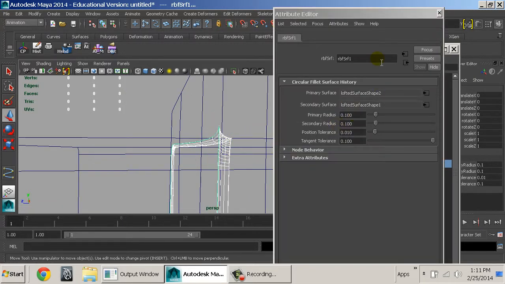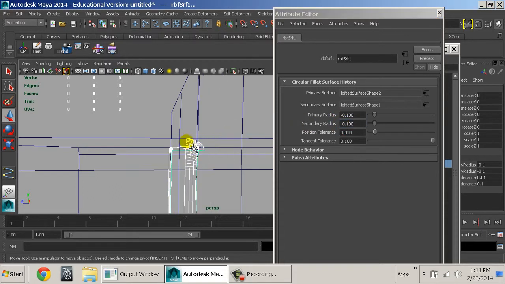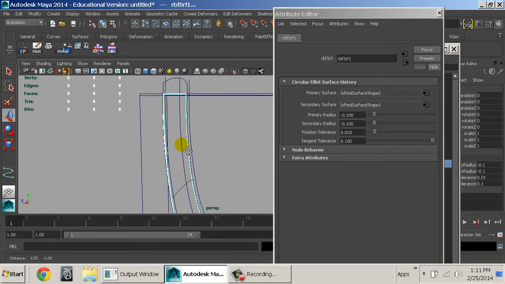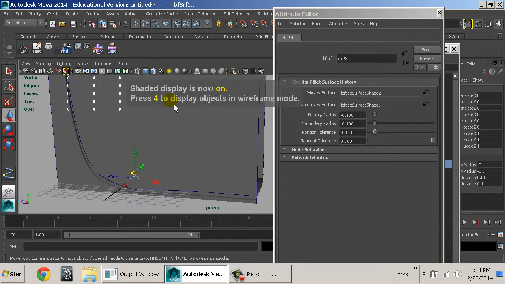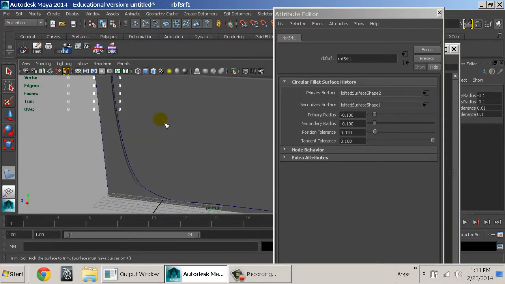Okay? So I'm just going to come to my options for the fillet and just make one of these negatives. I'll make the primary negative. Nope, that didn't do it. Make the secondary negative. Yep, that did it. Okay, so now it's rounding back into the surface, which is where I need it to. Okay, good. So now I can go to Edit NURBS, Trim Tool and say I want to trim